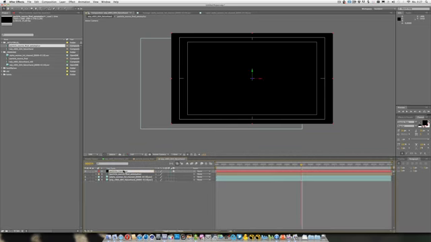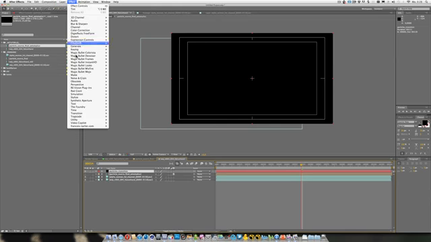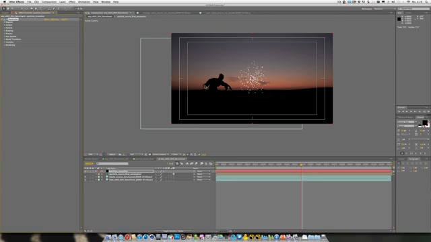and make sure to make it 3D, as particular only allows 3D. Oh, sorry, not this one. We need this particle emission layer to be 3D, as particular only allows 3D layers to emit particles and not plain 2D layers. So I'll just add Trapcode Particular to the shot,